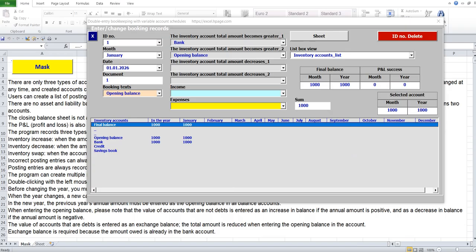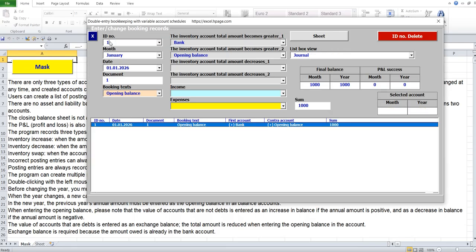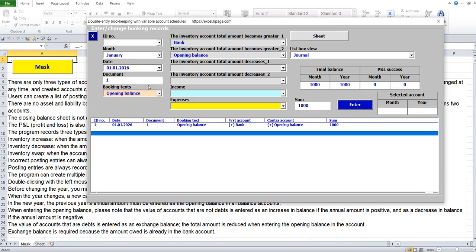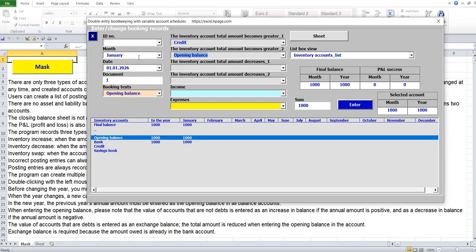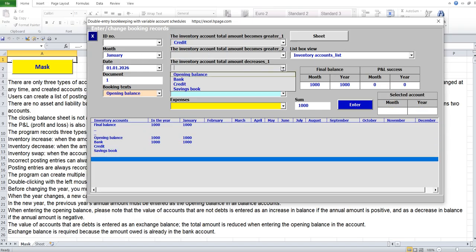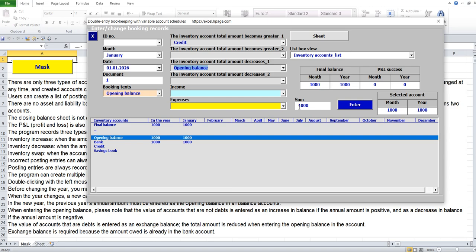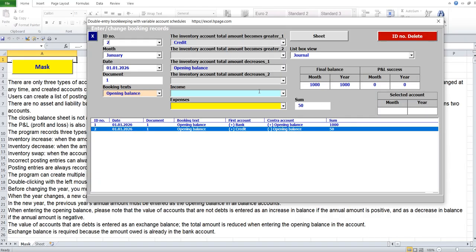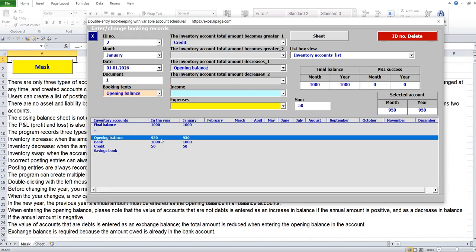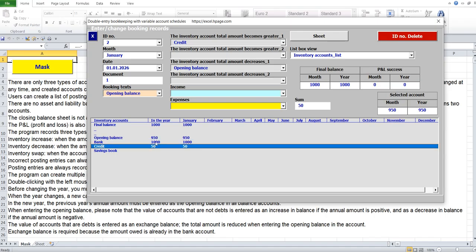When you enter the opening balance of a credit, the amount in the credit account should increase, while the amount in the opening balance account decreases. This constitutes an asset exchange, specifically, an exchange of balance sheet items, because the borrowed amount is already held in the bank account. The amount specified in the journal entry is not reported in the closing balance sheet account.